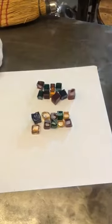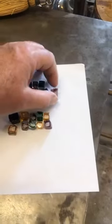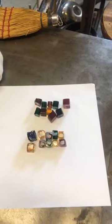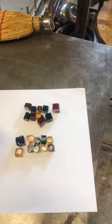Those closest to the bottom here have the windows up. When we turn the Murini over, that brings the color out, and then we look through the colors, okay? So that's what's going on with those. And then what we do